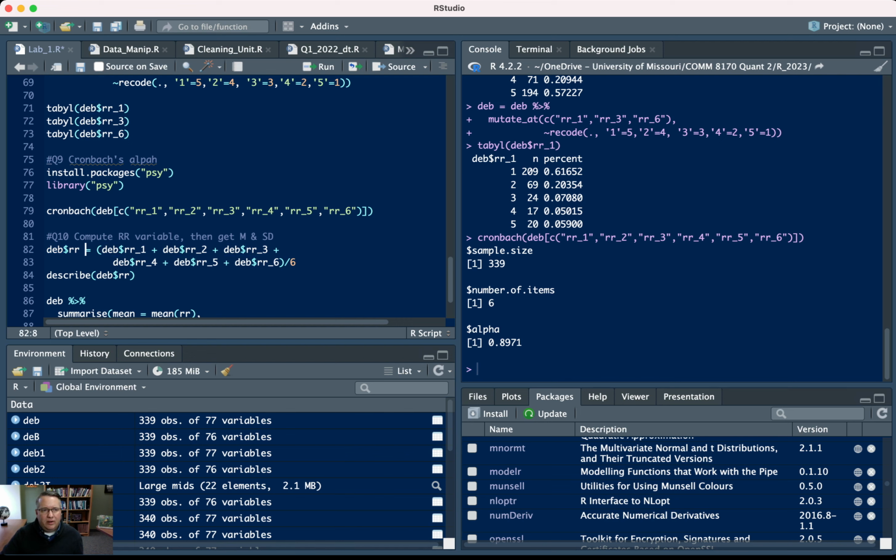So deb $RR equals left paren, deb $RR_1 plus deb $RR_2 plus deb $RR_3 plus deb $RR_4 plus deb $RR_5 plus deb $RR_6, right paren to close out all of the